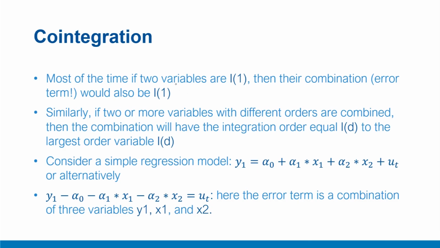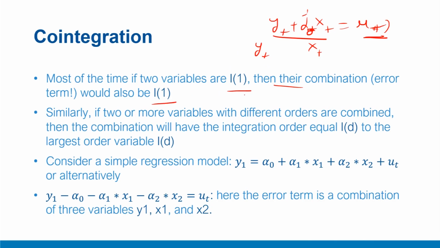Consider two or more series of variables that are I(1) in nature. Their linear combination, or rather what we call the error term. For example, if one series is yt and the other series xt, and you express their linear combination as yt plus alpha xt equal to mu t. So mu t is a linear combination of these. You can think of it as an error term or residual. There exists some linear combination for a given value of alpha. This mu t will also be I(1).